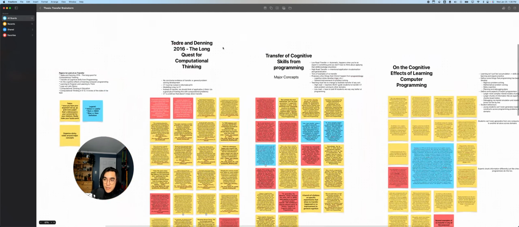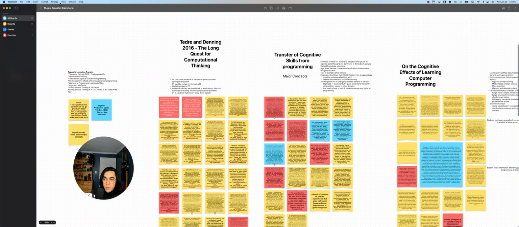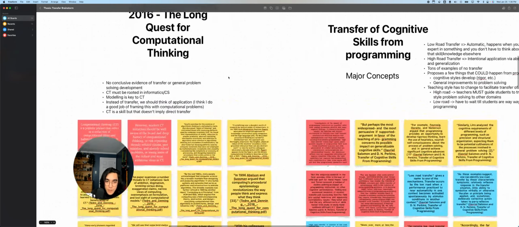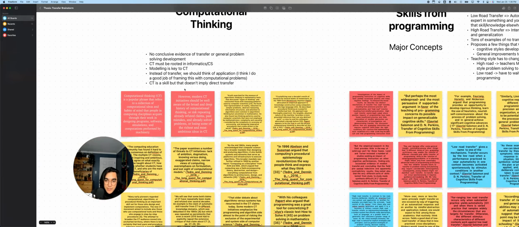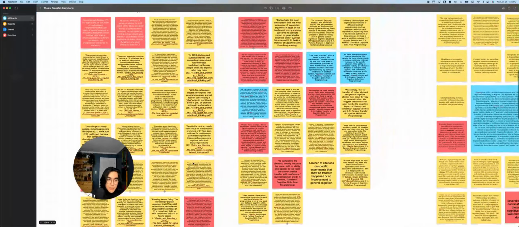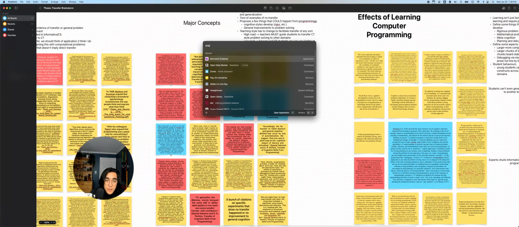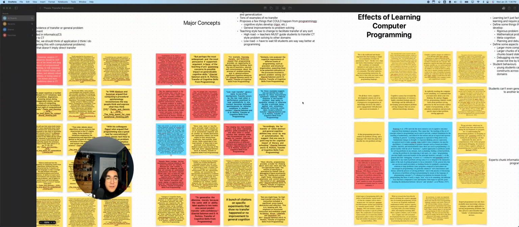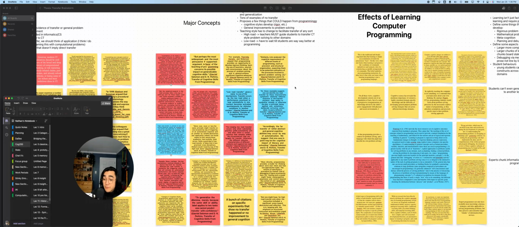So you can see this is me brainstorming some of those concepts on knowledge transfer with programming. I'm going through some of these papers, summarizing some of the key ideas, looking at important quotes, and just dropping them on Freeform. I can also look at another example from when I was using OneNote, because Freeform just came out.